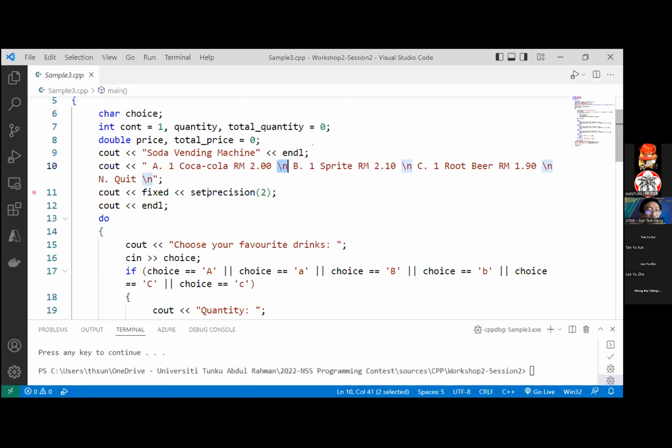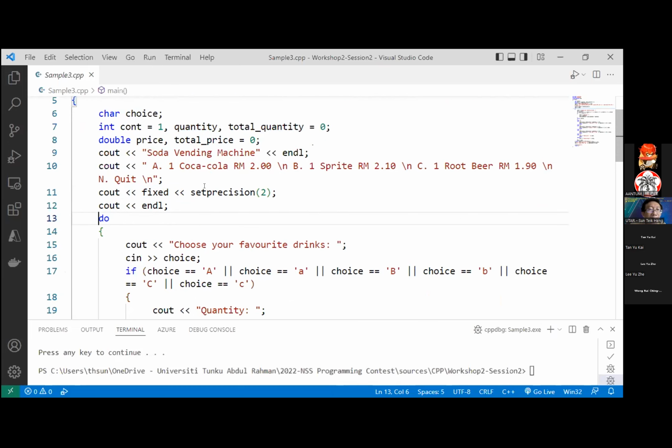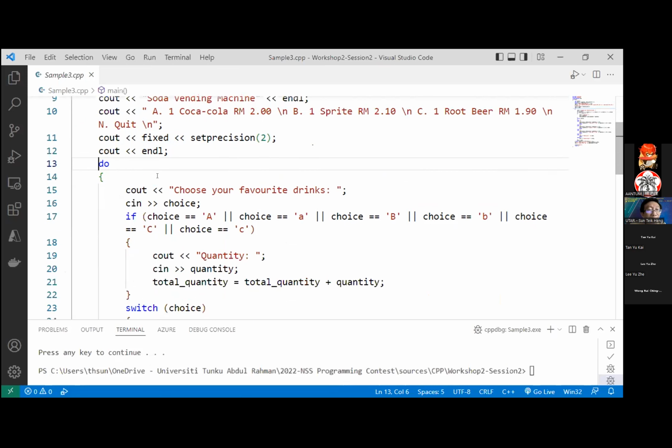Now here, remember in line number 11, we have a fixed set precision 2. That means we will display the result in 2 decimal places. So here we have the do loop. So remember just now, you keep on continue to loop but we want it to perform at least one time. Yeah, the body of the loop will run at least one time, and therefore we make use of the do